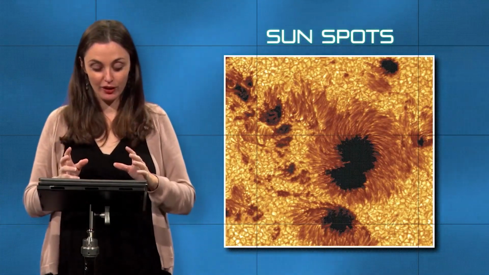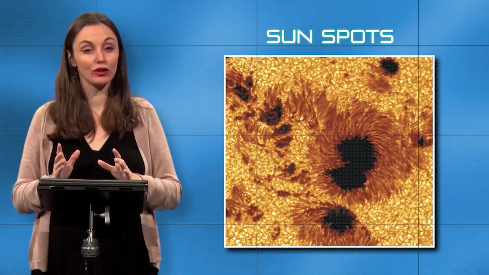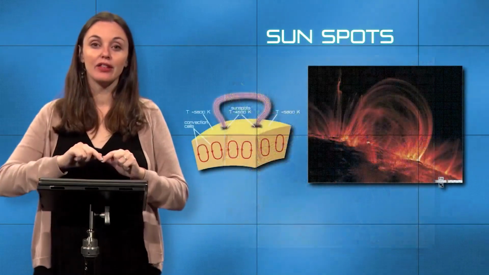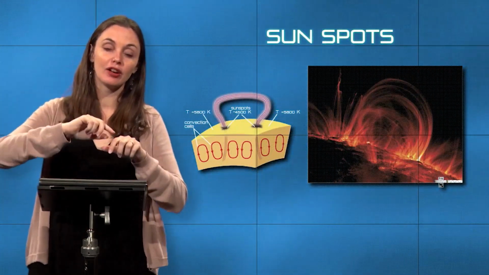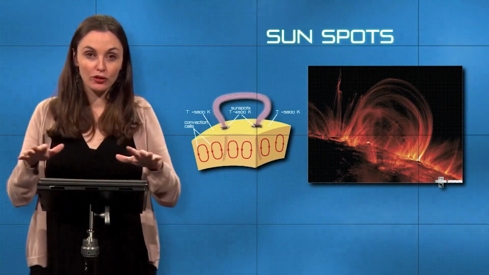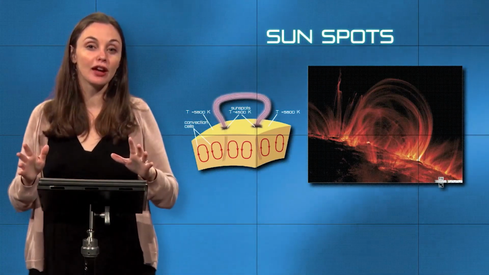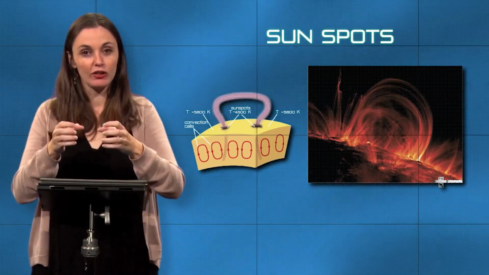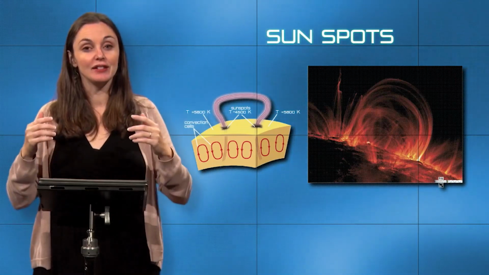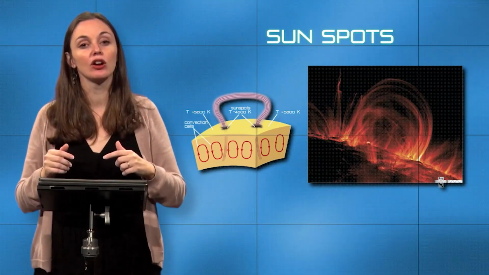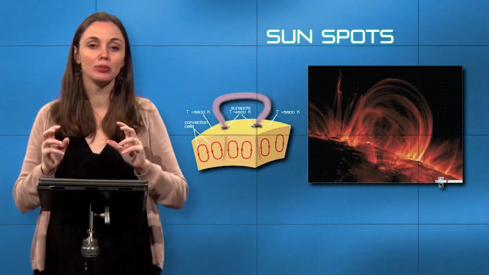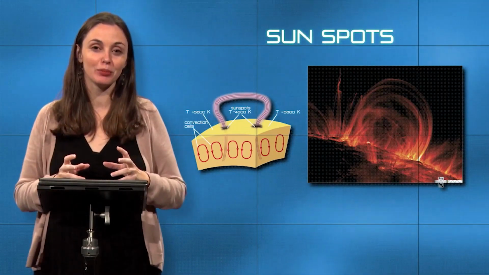And now what we think, if you look at these sunspots through another type of light, mainly X-rays, you can see how those are really just magnetic field lines running out of and into the surface of the sun. Whereas most of the surface of the sun might be 5,800 Kelvin, the area right around these sunspots is a lot colder, maybe 4,500 Kelvin. And that decrease in temperature is just enough to cause the light to go out, kind of like missing a pixel on your computer screen. That would be the equivalent of these sunspots.